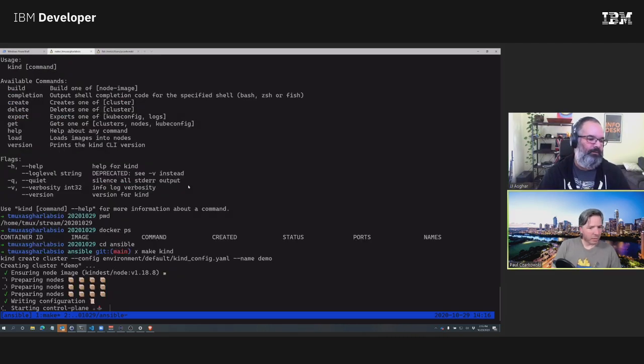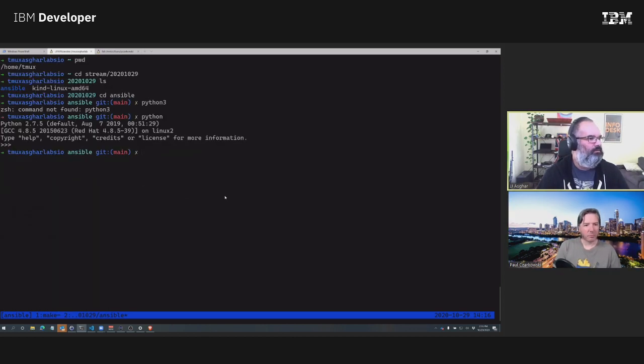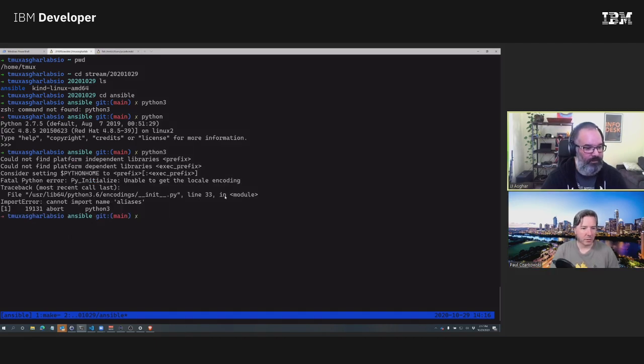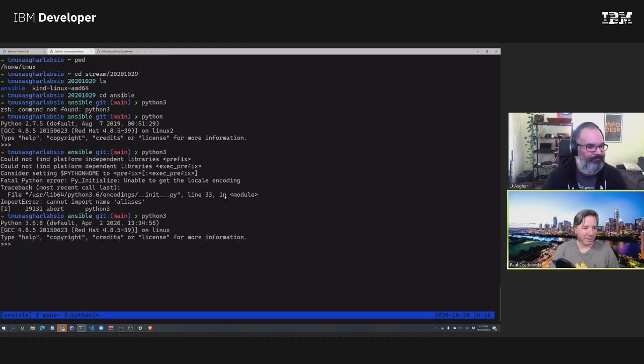So here you can see our kind cluster starting up. It's a little bit slow, but then we are probably running on a smallish VM, I assume. Shouldn't be too small. I mean, I have a bare metal box if you want to just hop in there instead. No, it's fine. We'll see how we go. There's not a lot going on, so it shouldn't be too bad. Just noticed the startup was a little bit slower than I'm used to. So Python 3 is there. Just finished. There you go. Try now. Oh, there it is.